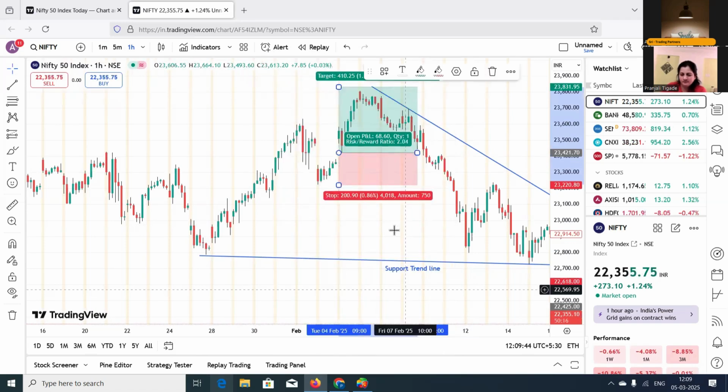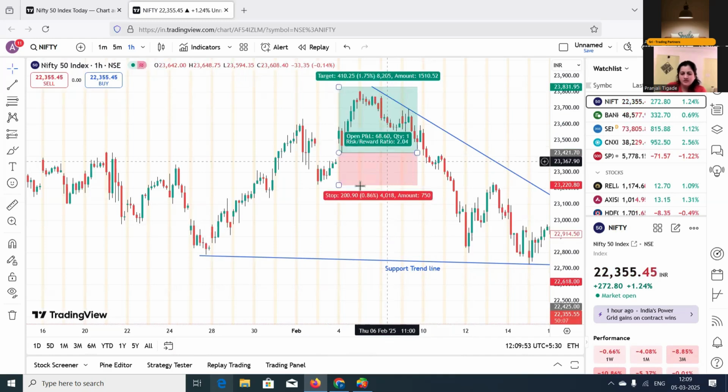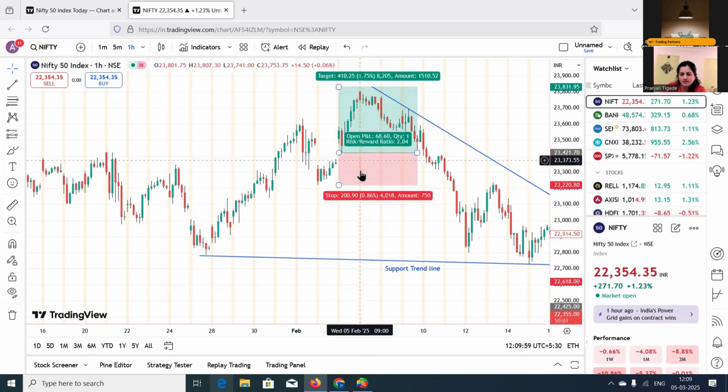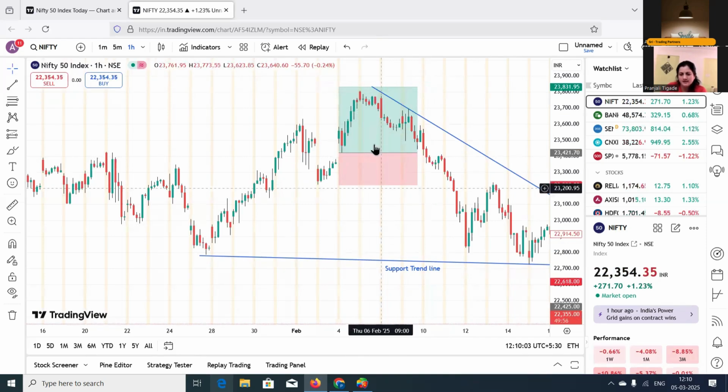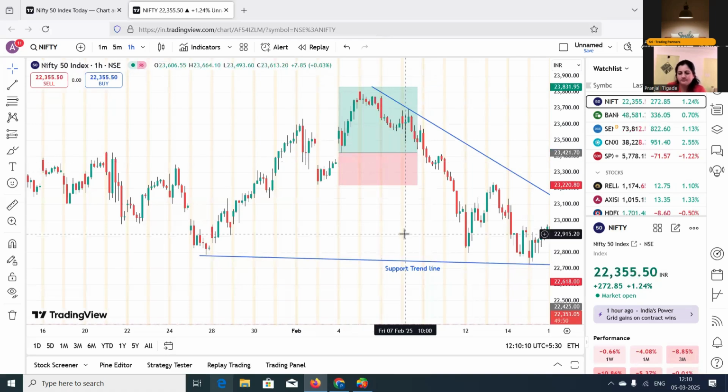Okay, yeah, makes sense. I think it's a very nice tool, given the fact that it also gives a visual representation of the risk and reward. Actually, you can see the direct risk reward from here. Even you can see the proper red color for your risk, and the light green color area for your reward.